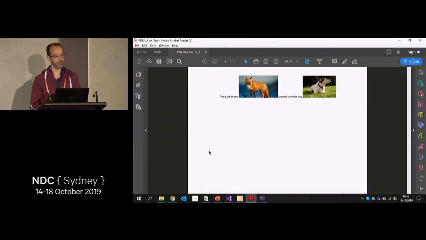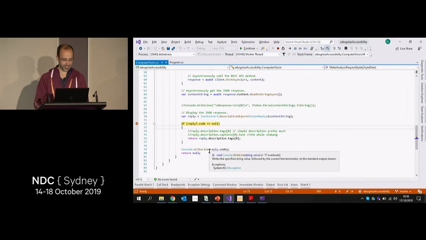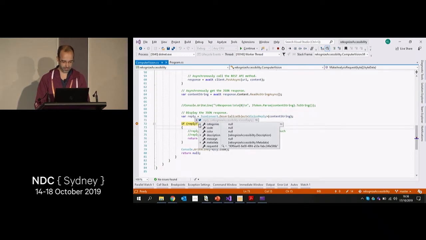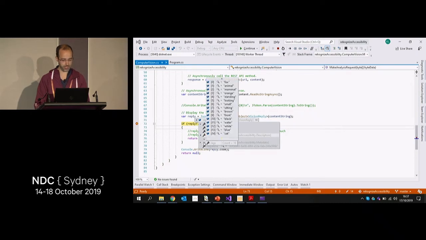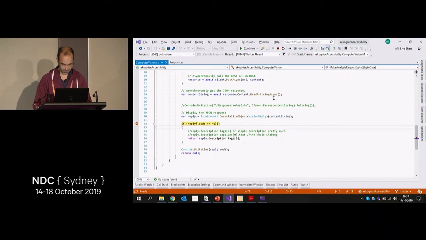The quick brown, a fox looking at the camera. Kind of better than Wallaby, if you ask me. But they also offer tags. That's pretty cool. So what's tag number 0? Fox, right? That's pretty amazing. It's kind of what we were expecting. So the quick brown fox. Awesome. So let's continue. Fox worked.